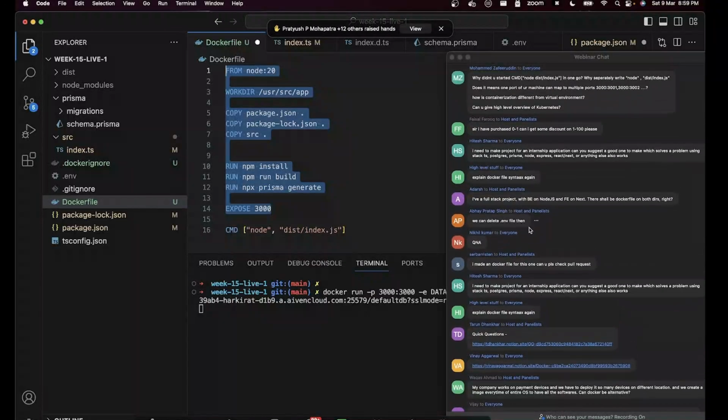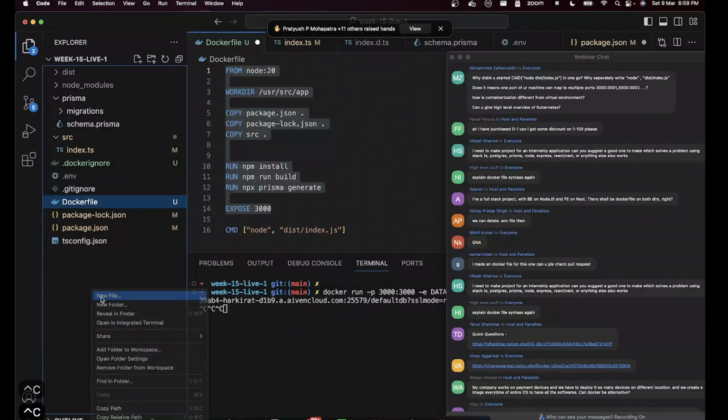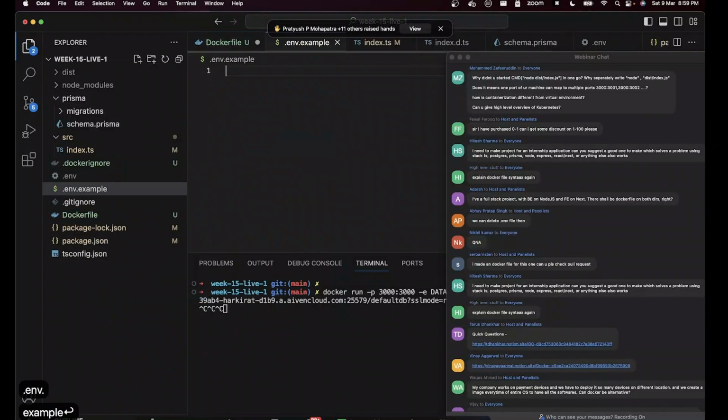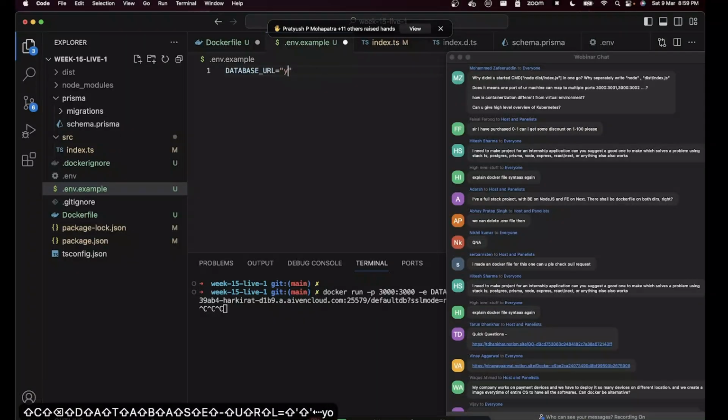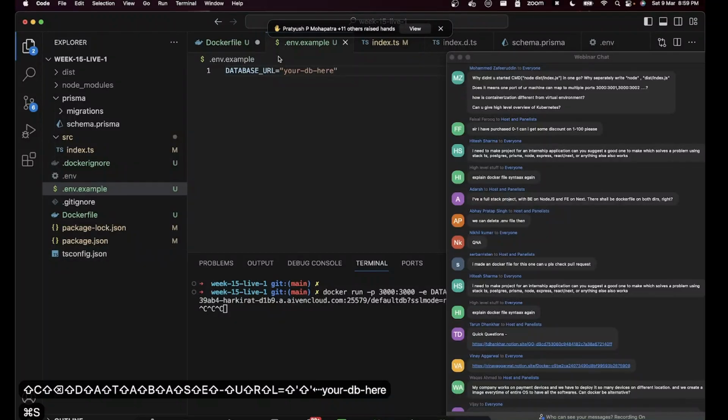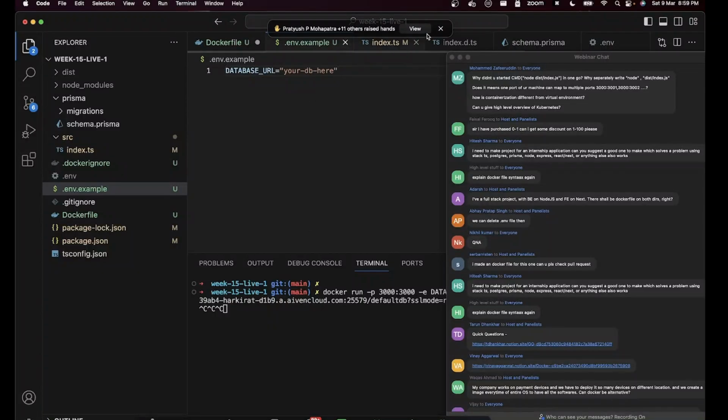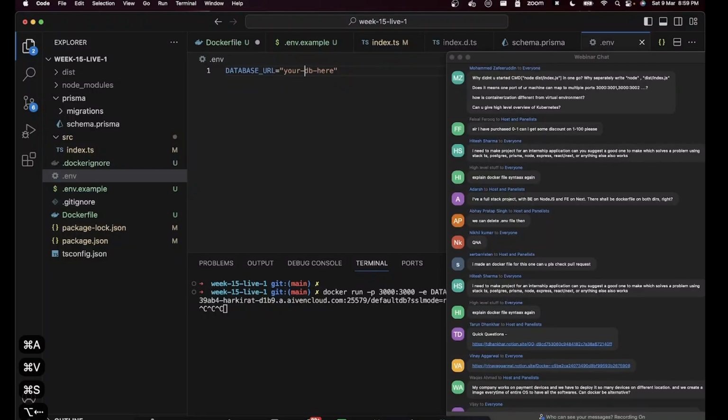Can we delete .env then? Yeah, you can delete it. You usually have it for local development. So usually what you have is actually .env.example, which is something you commit to GitHub as well. You have a database URL equal to your DB here. Whenever a new developer clones your project, they get this .env.example, copy the contents from here, paste it over here, and then replace this with their own database URLs. That's how local development works. And for prod deployment, yes, you don't need .env. You could just inject the environment variables.